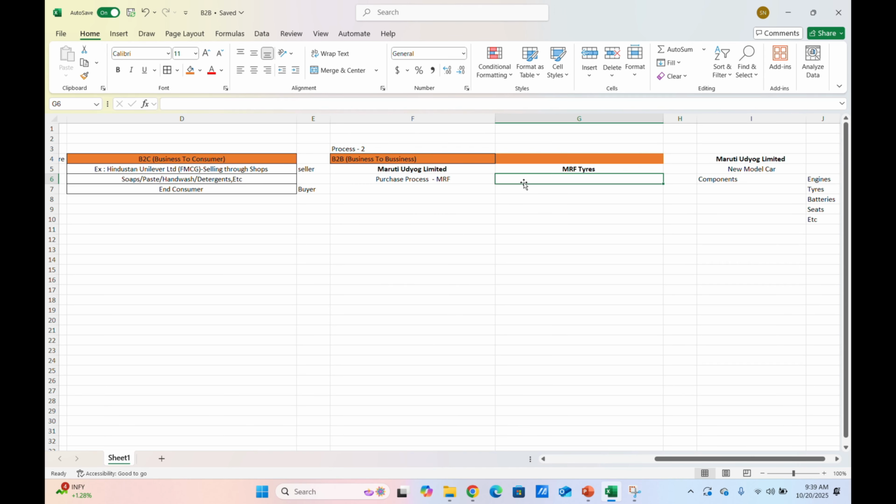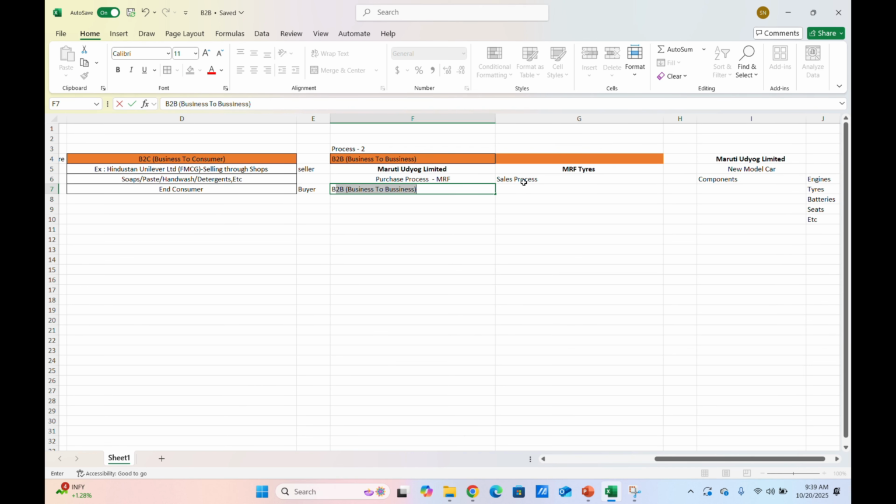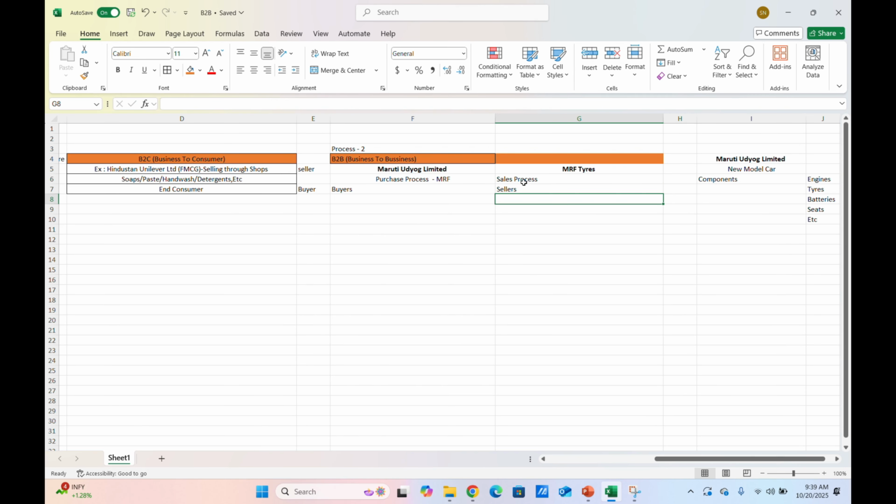And for MRF Tyres, it will become a sales process, because they are going to sell their product to the consumer. Here, the buyer will be Maruti Udyog Limited. They are the buyers and they are going to be the seller. Okay,